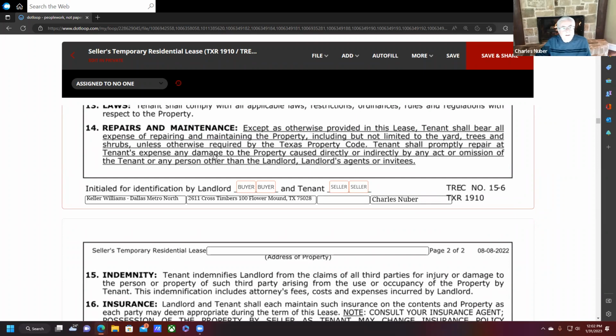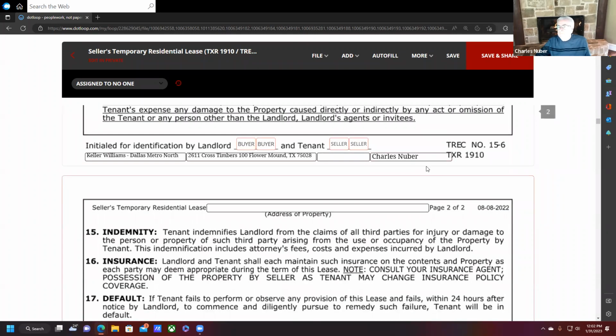Shall promptly repair at tenant's expense any damage to the property caused directly or indirectly by an act or omission of the tenant or any person other than the landlord, landlord's agents or invitees. So the landlord does have, let's talk about that because it talks about indemnity next. When the seller now becomes a tenant, they need to make sure they have their insurance changed, because you cannot have two primary policies on the same house. One of them is fraud, and that's the way the insurance industry looks at it. So if you have a primary with the seller and a primary with the buyer, and this happened in our office